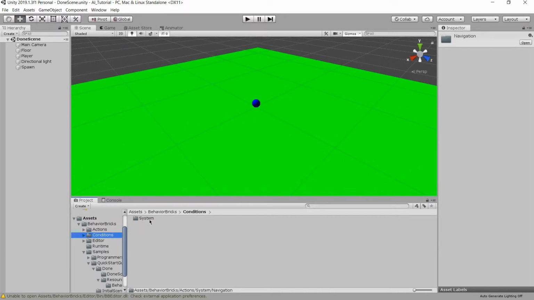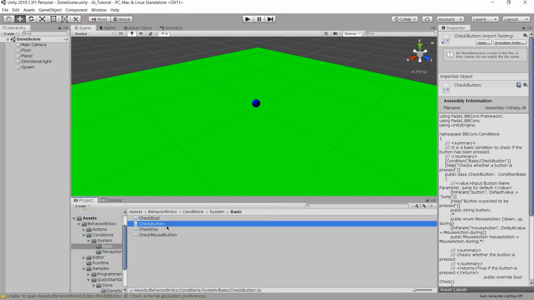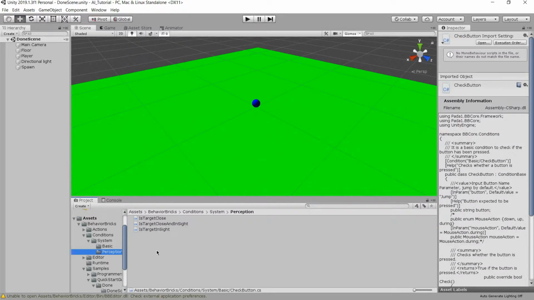Then you have the conditions, which you can use to check if a button is clicked, if a key is correct, if a mouse is clicked, if target is close, whatever. It's generally designed so that a condition comes before an action, although it doesn't have to, but it's generally a condition of if target is close, do destroy this object, whatever. You have the editor, which actually allows you to edit the behavior tree